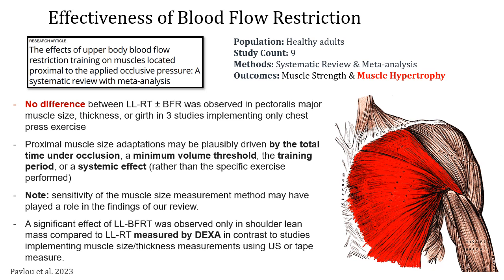In regards to muscle hypertrophy, no difference between low intensity resistance training plus BFR was observed in the pectoralis muscle size, thickness, or girth in 3 studies that implemented only the chest press exercise. And the explanation for this is that proximal muscle size adaptations may be plausibly driven by the total time under tension, a minimal volume threshold, and training period, and or a systemic effect rather than just the specific